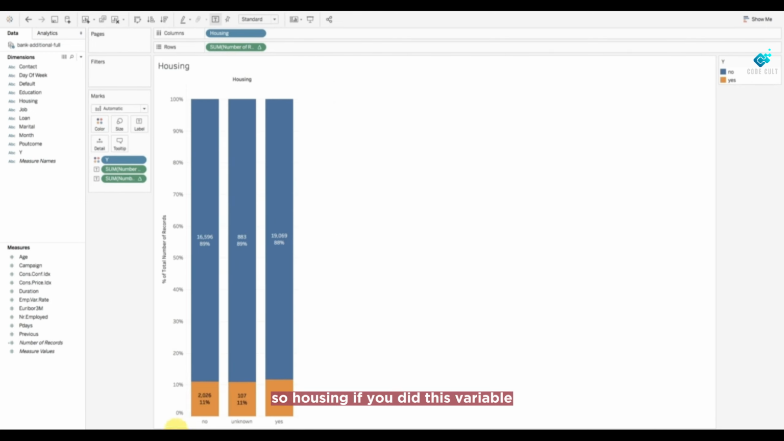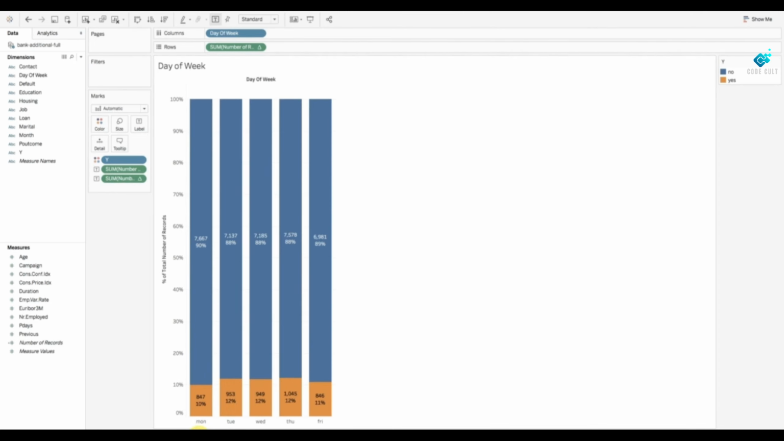So housing, if you did this variable, you probably saw that there's not much effect here, nothing to talk about. Day of week, similar, not much effect. The 2% difference, even though 800 and 953, the difference is so little, it's only 2%. And the number of people, in order for that to be statistically significant, I'll just give you a quick